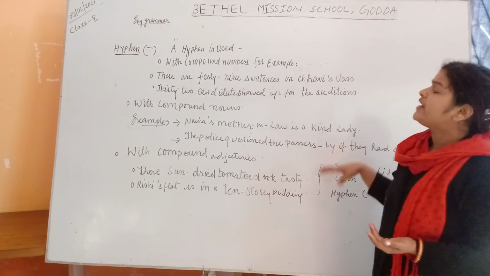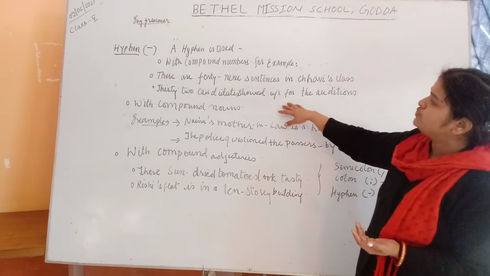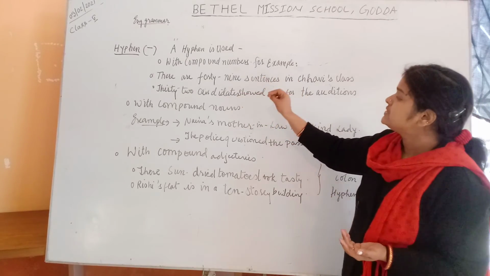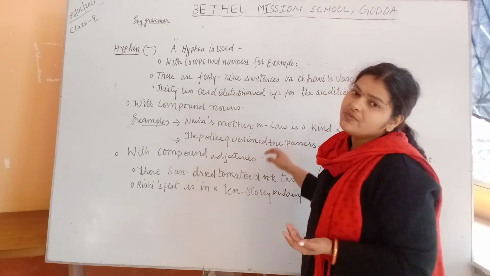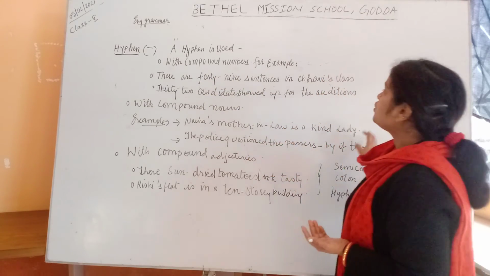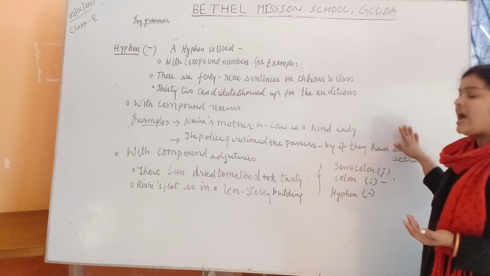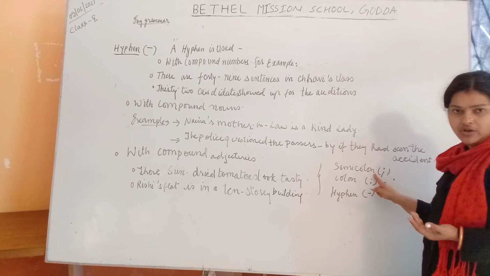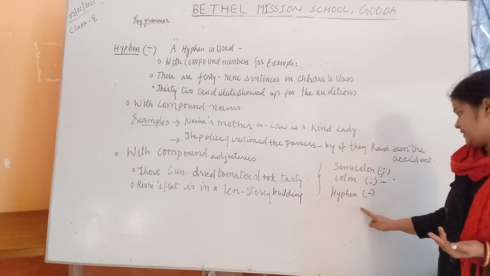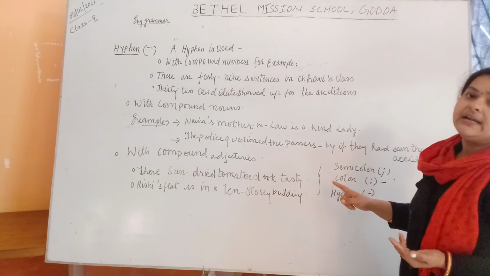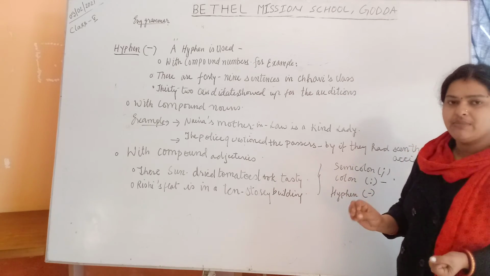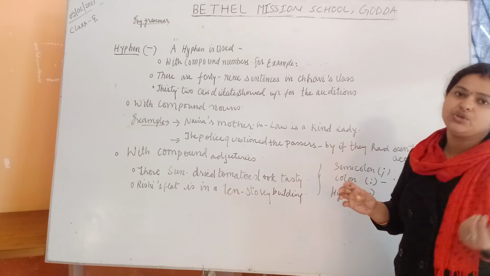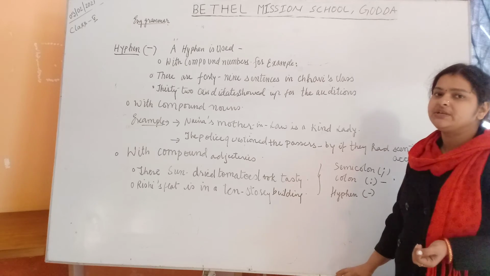So what I mean to say is that a hyphen can be used to show numbers, and it is put in the sentences to show the differentiation of words in a particular sentence. So in this punctuation chapter, I have explained to you about semicolon, colon and hyphen. Along with that, comma, full stop, capital letter, exclamation mark, question mark, all of these can be used to show punctuation in a particular sentence.